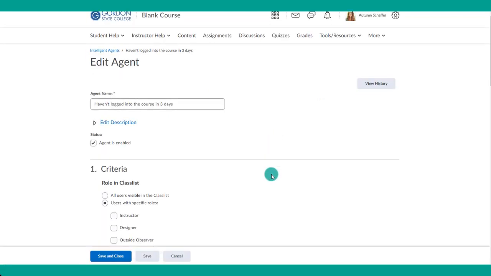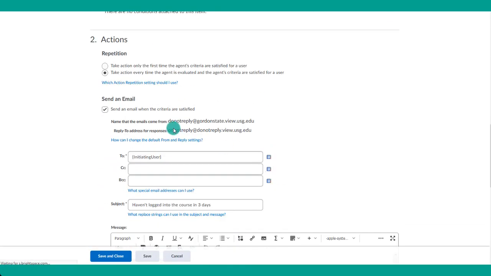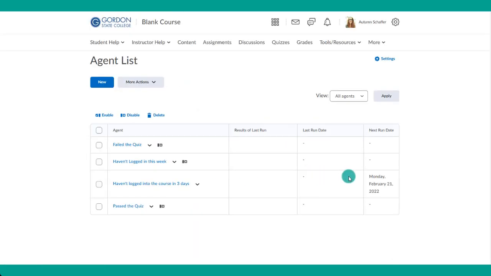If you remember, the email here is automatically sent to be do not reply. So if you want them to be able to respond back to you, by default it's not going to be set that way. If you do want them to be able to respond back to you, you can come up to settings,